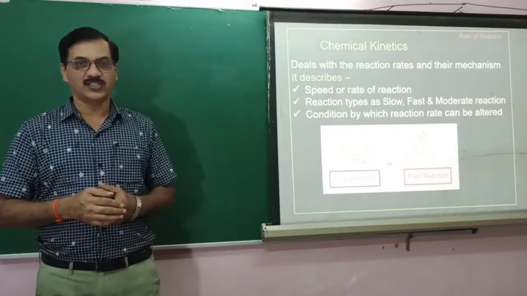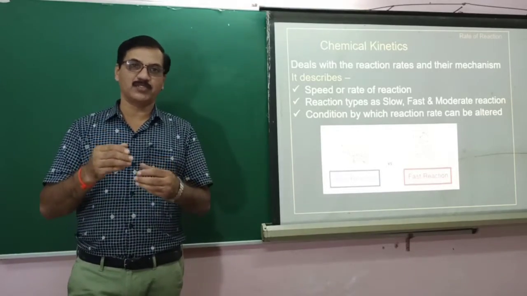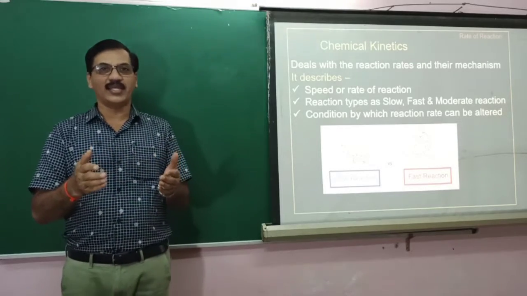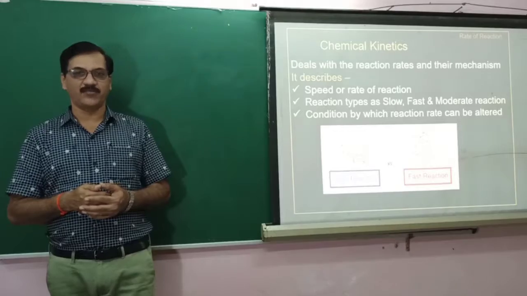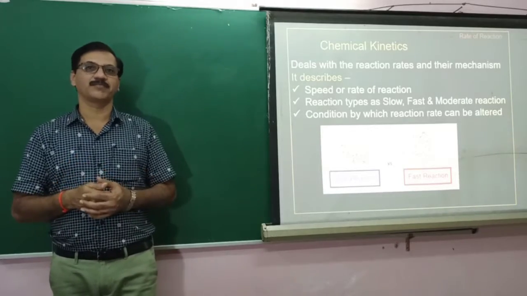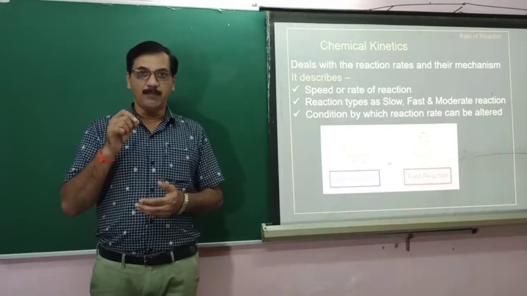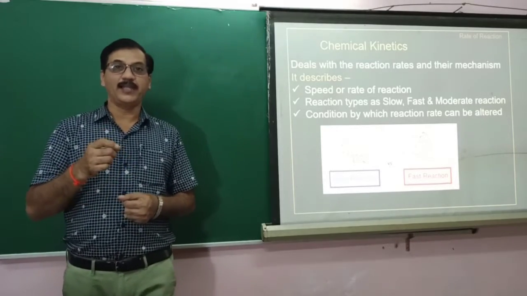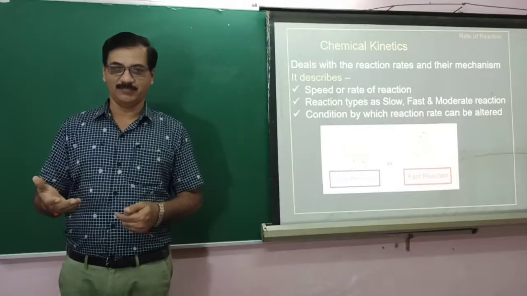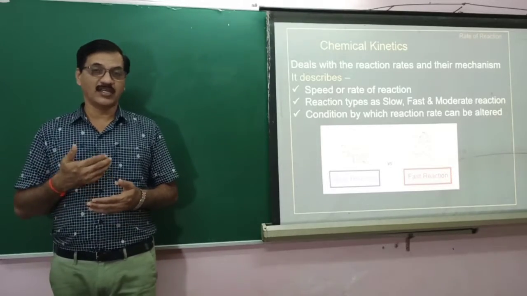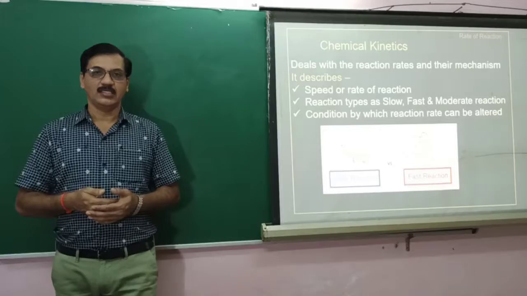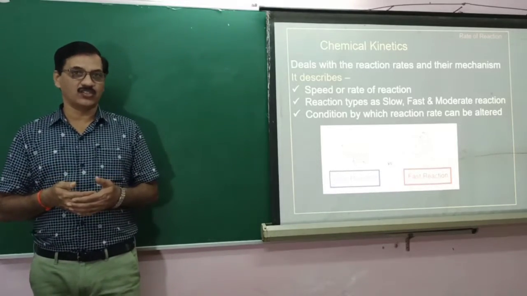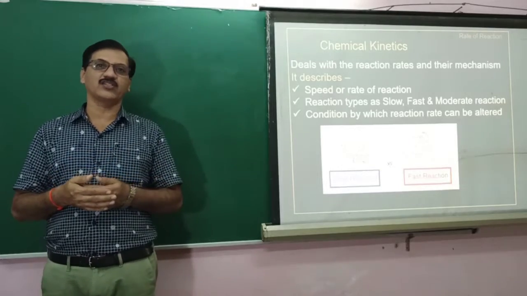But in some reactions, like barium chloride and sodium sulfate, when you add these two solutions, within a fraction of a second you will get the white precipitate of barium sulfate. You have seen this. The barium sulfate formation is within 10 to the power minus 12 seconds. So the reactions are so fast. These are ionic reactions. Those containing ions go for exchange of ions and the speed of the reaction is too fast.